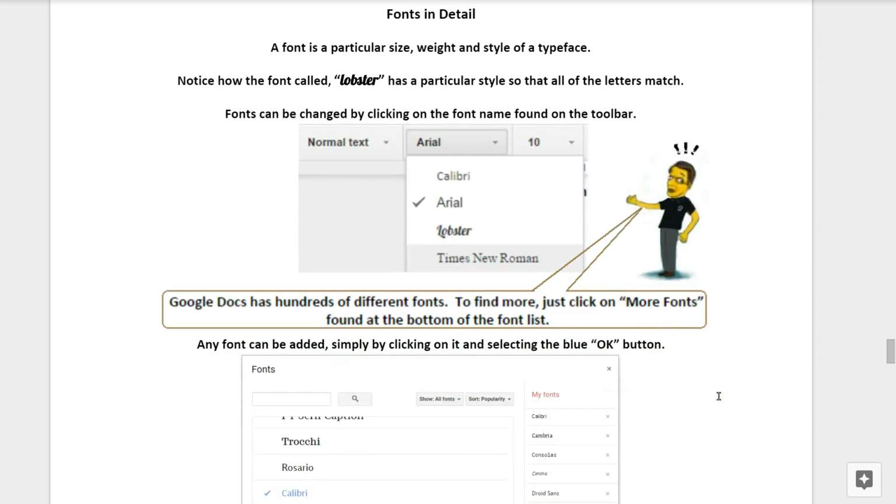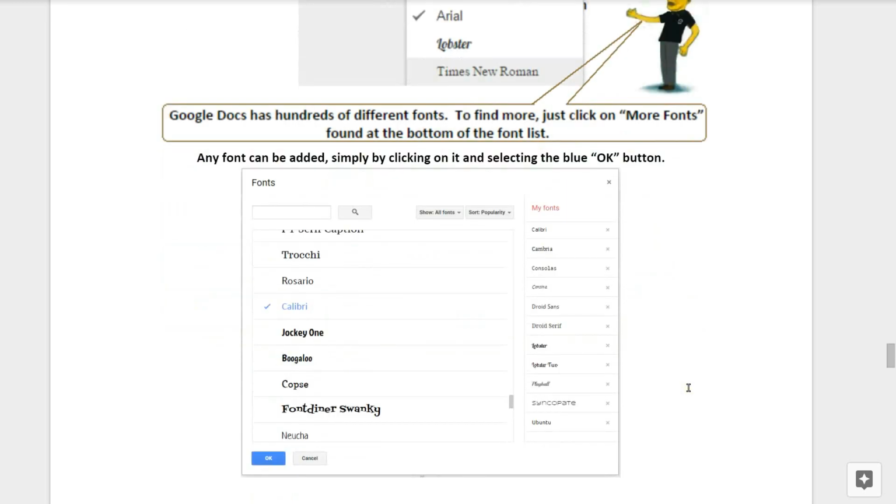Google Docs has hundreds of different fonts. To find more, all you need to do is click on More Fonts. This is found near the top of your font list. Any font can be added simply by clicking on it and then selecting the blue OK button.